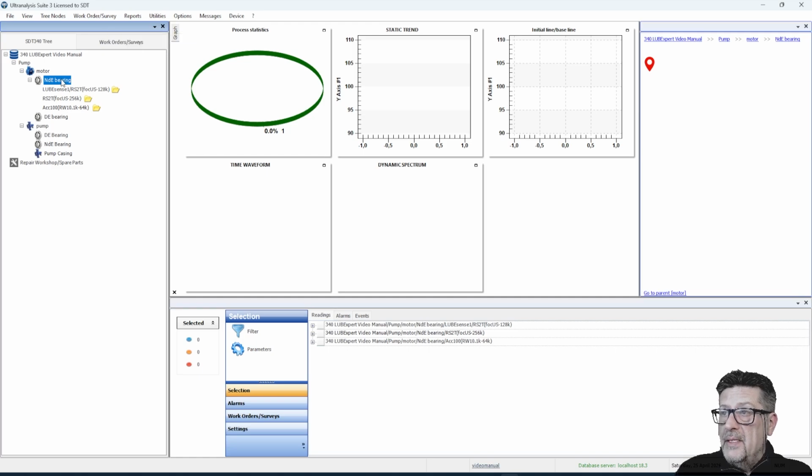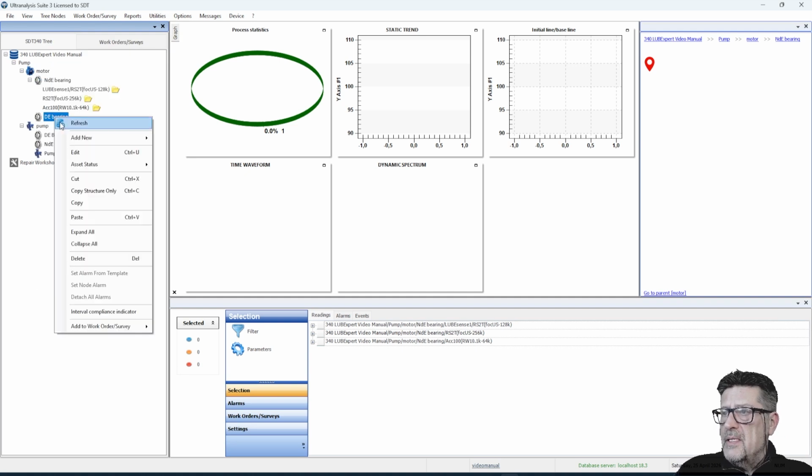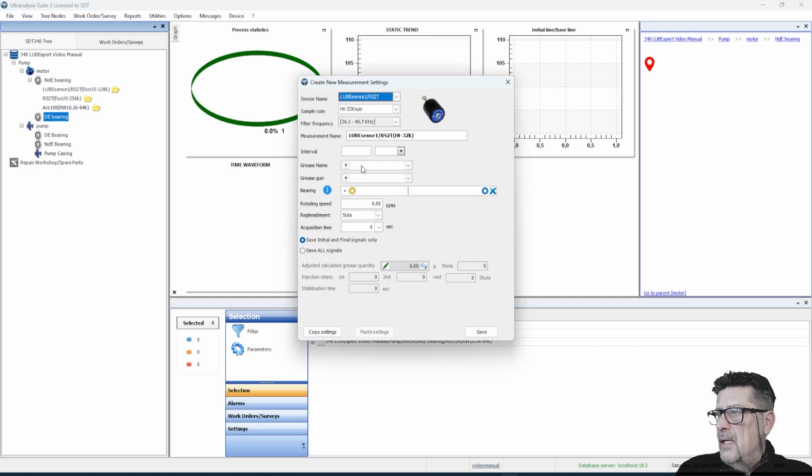Now we will add this point or other points to the work order. So I will add motor. Let me just set additional measurements: RS2T, LUBEsense, 1 month, Unirex, red, 2985,